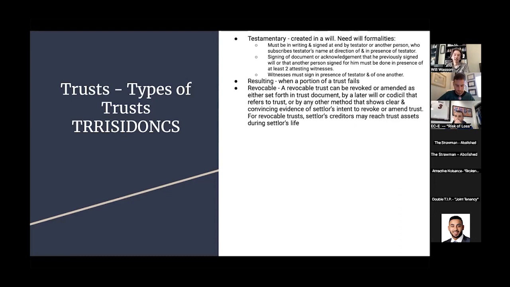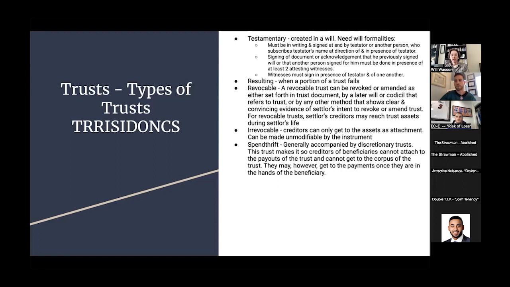My debtors can get to the res of the trust, which is important because we can get to irrevocable. It's the exact opposite. You can't ever revoke it for almost any reason. There are obviously going to be some loopholes sometimes, but generally, irrevocable trusts can never be revoked, and creditors can't get to the assets by attachment. You can, however, get to payouts. An irrevocable trust allows for certain payouts at certain times, and my debtors can immediately attach those payouts. So they can't get to the res, but once that payout happens from the res, they can get to that payout.